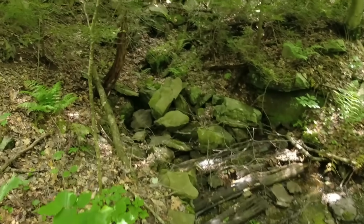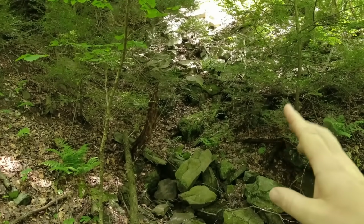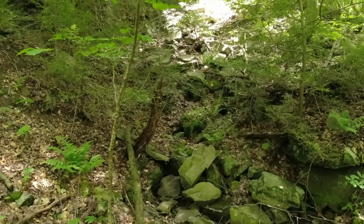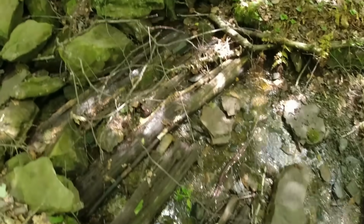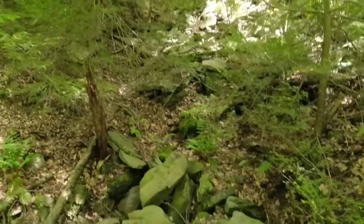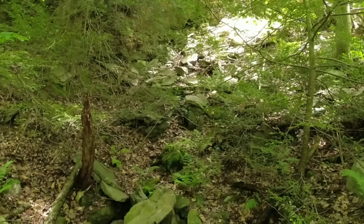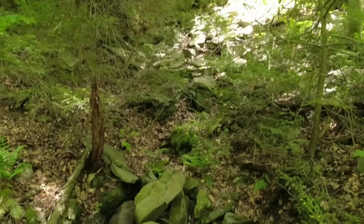What leads me to believe that at one point this was a portal, and it was either filled in and blocked or it was collapsed. But I'm fairly certain we're at the entrance of a portal right here, and this is water coming out of the mine. I can even feel a cool breeze. Like there's probably some air pockets coming out, but this is rather unique. But this is like a rock slide here, so it looks like it was collapsed